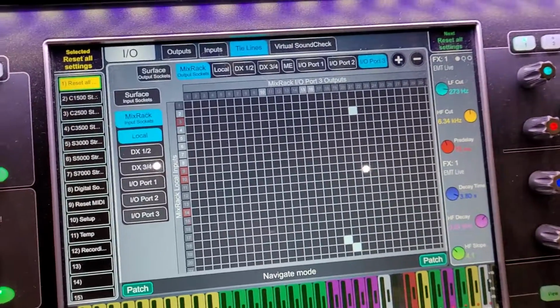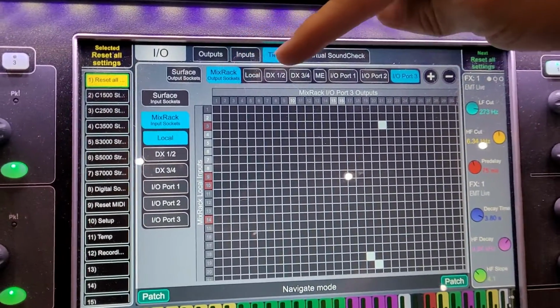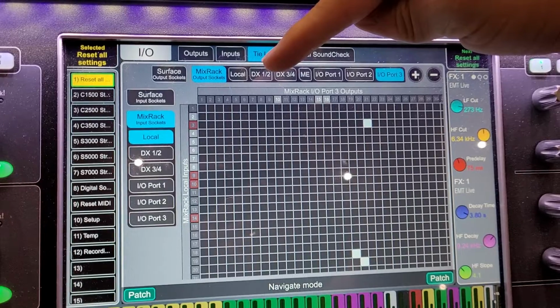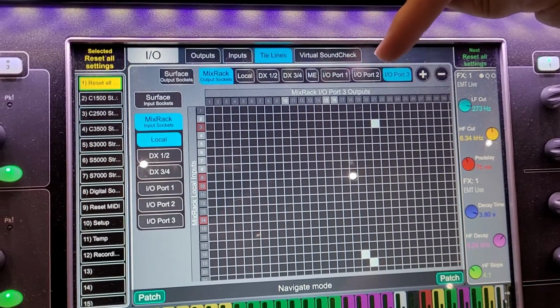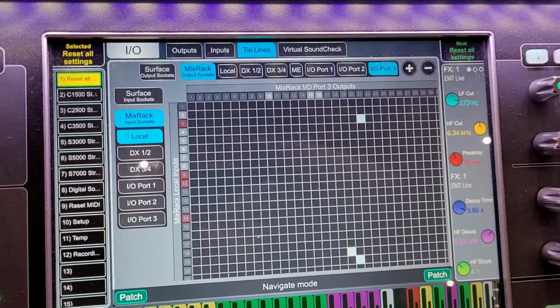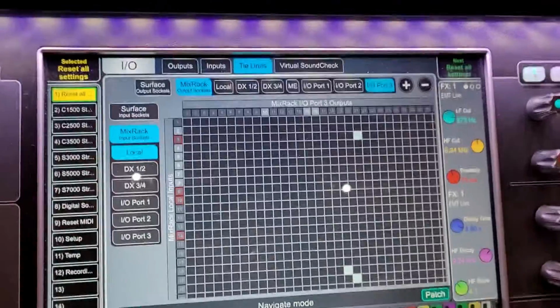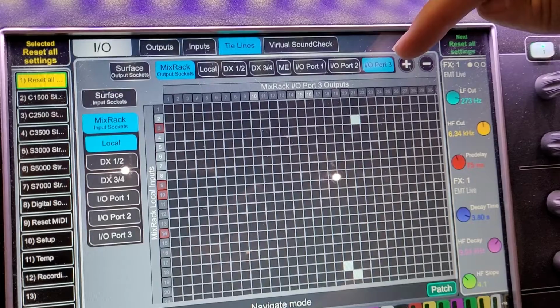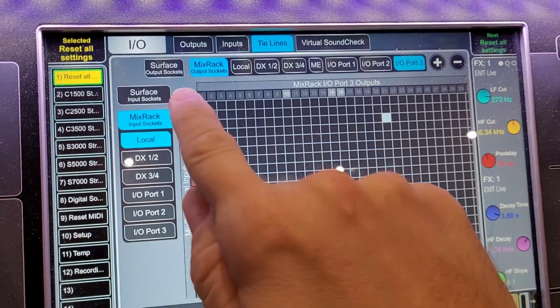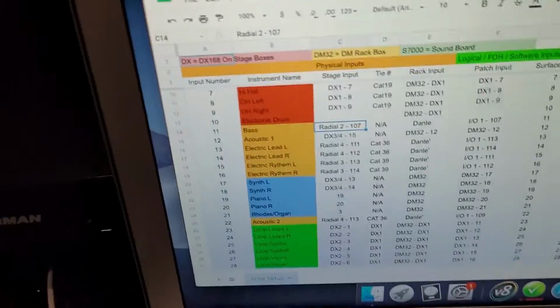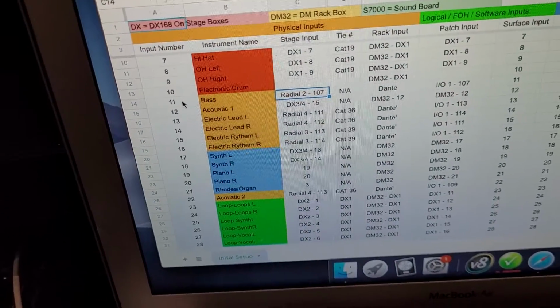All right, so our outputs for the tie lines are across the top here. We can send something direct from these boxes. We can send something from an ME. We can send something from these ports. For a send to the broadcast booth, we want to send from that port number 3, that IDR card. All right. And then these channels across the top are the same channels that we have right here. So,